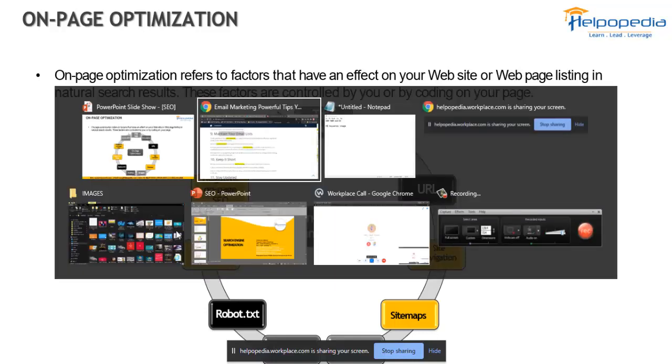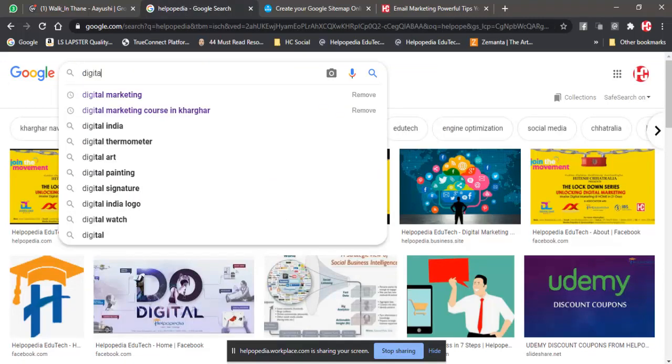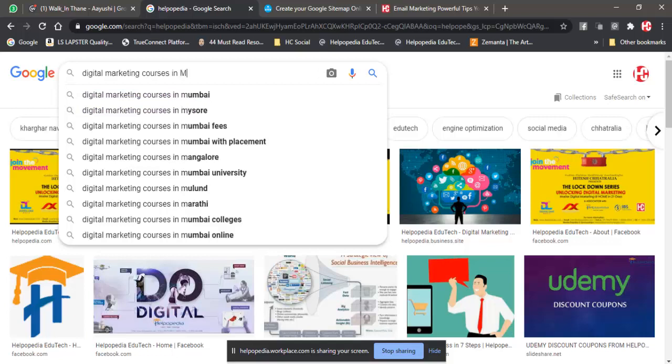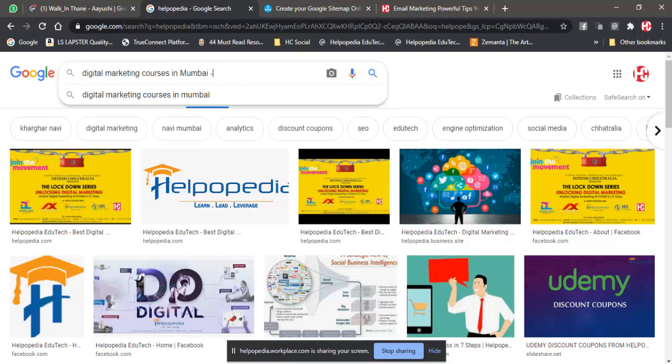So if I give you an example over here in Google, I might search for, say, digital marketing courses in Mumbai minus Andheri.